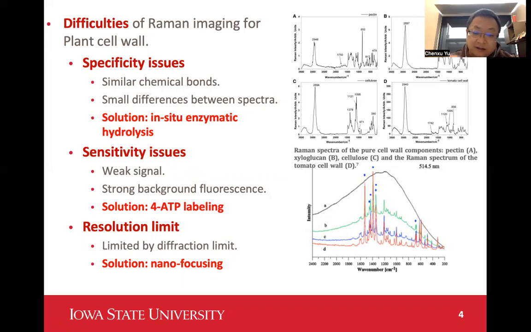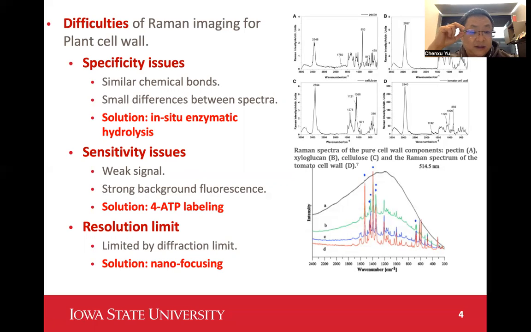That is to say, it's hard to reveal the actual chemical structure of the plant cell wall. So what we developed to address this issue is an in situ enzymatic hydrolysis. I will explain that later, to offer better specificity so that we can look at specific polymer species in the